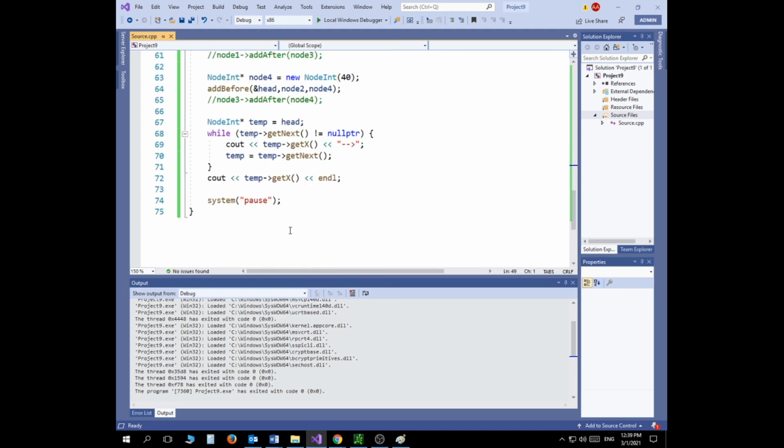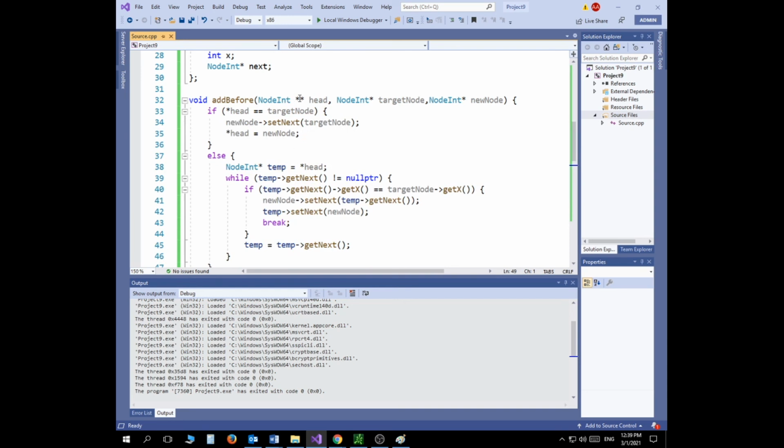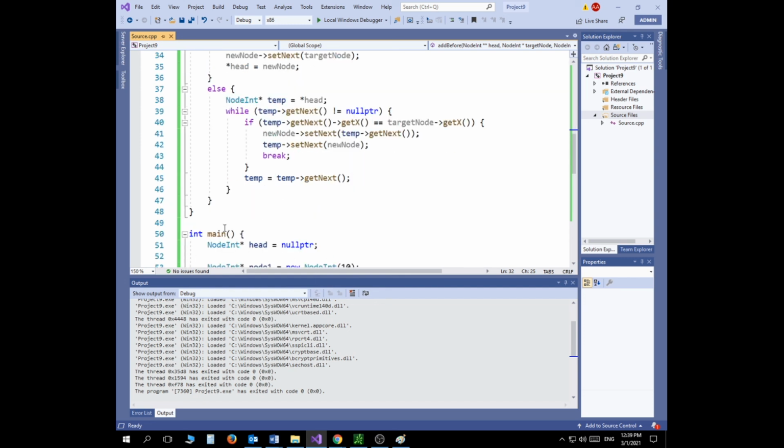The only complicated part, I believe, is the fact that I have to go with a double pointer, a pointer to a pointer, to be able to handle this situation. I hope this cleared the concept a little bit